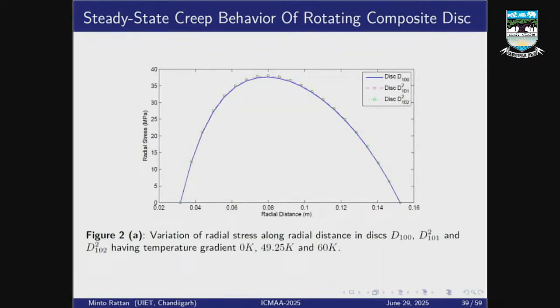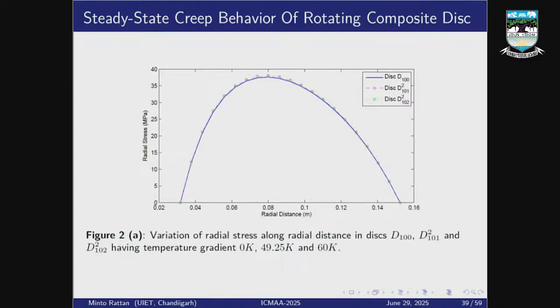We can see clearly from the figure 2a that a similar trend follows like the previously discussed graph 1a, that as one moves radially outwards from inner radius, the radial stress increases from 0, reaches a maximum value near the middle of the disk and then decreases to 0 towards the outer radii for all the above set disks as per boundary conditions applied. The value of radial stresses for disk